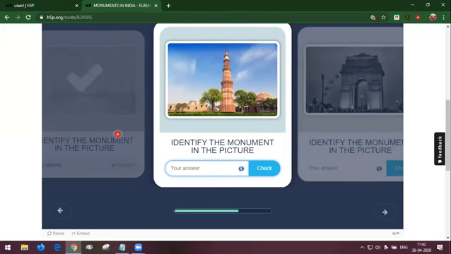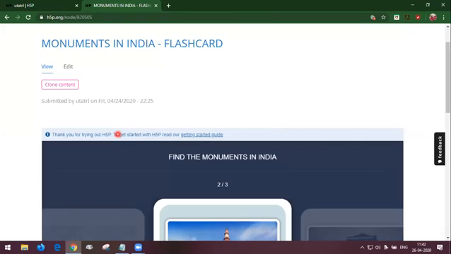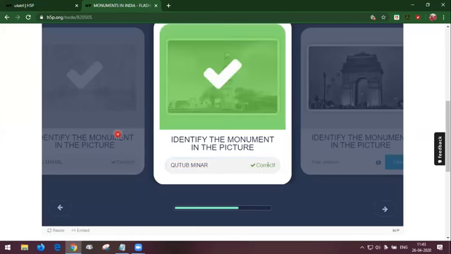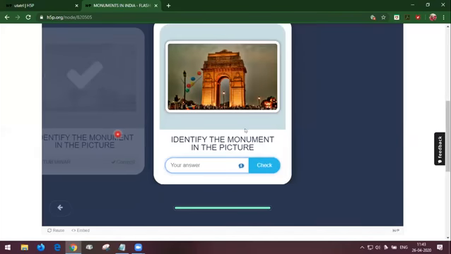Shall we move? This is the model. I am showing you what a flashcard is all about, and we are now going to the next page. It is a Qutub Minar. Identify the monument Qutub Minar. Giving check. Now going on to the third one. Identify the monument in the picture. What is it?